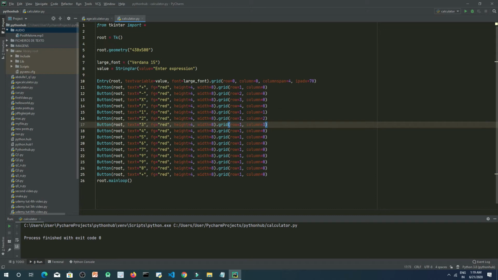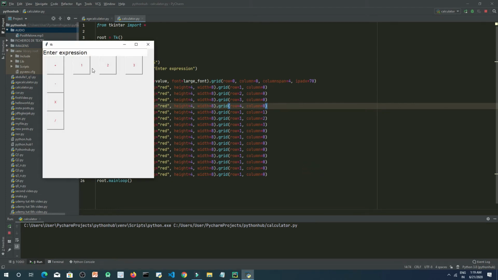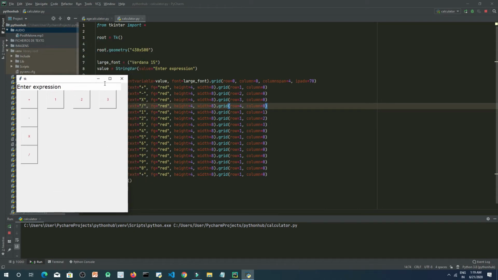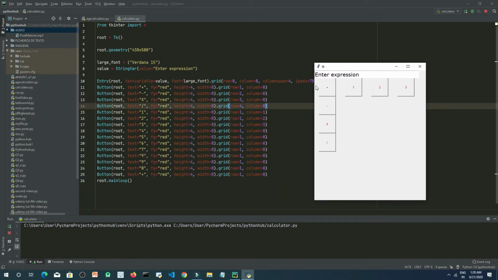So now what about the rows? Row will be same, okay. So let's try to run this, and as you can see 1, 2 and here it is 3, okay. So let's try to match them now according to the program, and here you can see row 0 and column 0. You can see row 0 column 0, and this is the entry widget, okay, and row 1 column 0, okay.